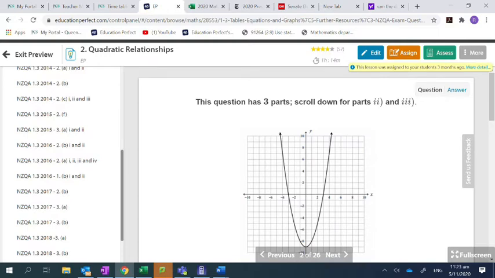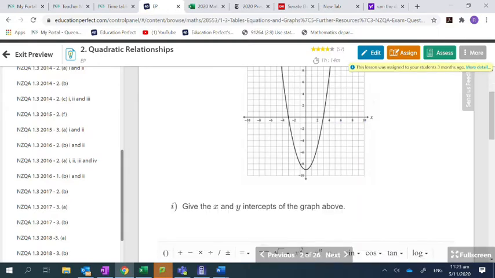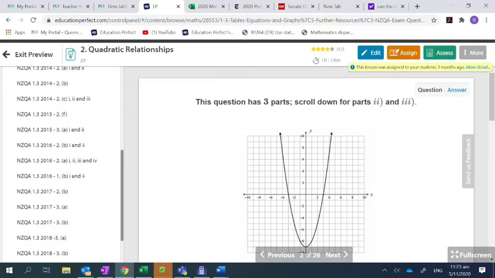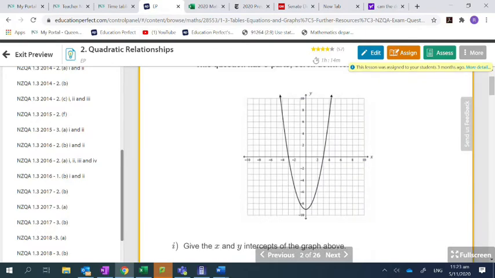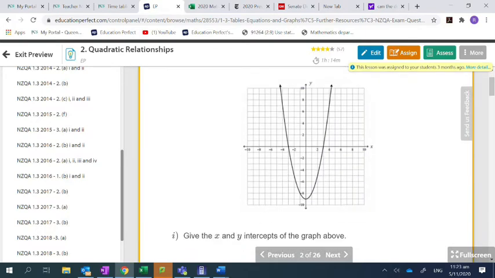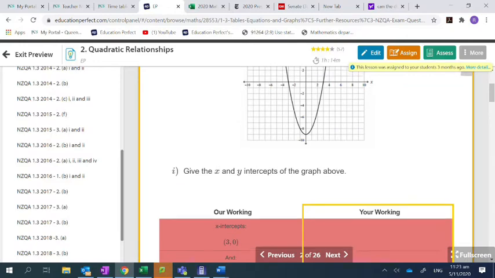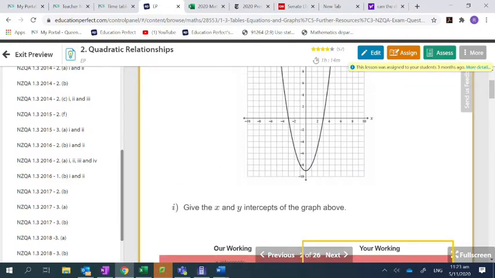Question has 3 parts. Scroll down for parts 2 and 3. Let's see what they ask us. Here we have a parabola. Give the x and y intercepts of the graph above. Remember, the x and y intercepts. What are the x intercepts? What does it mean, though? Where it crosses the x-axis. It crosses there and there. So that's